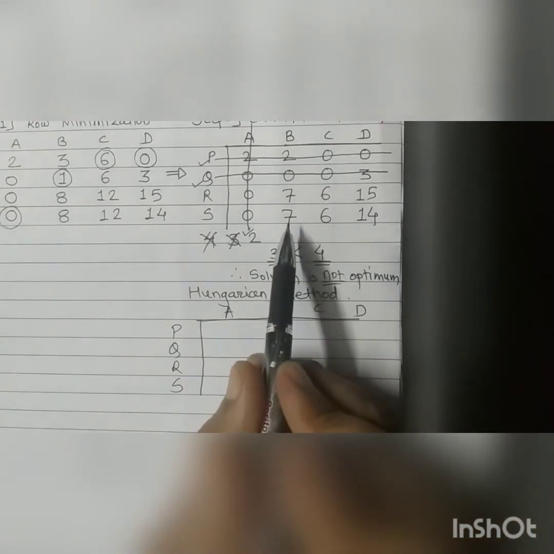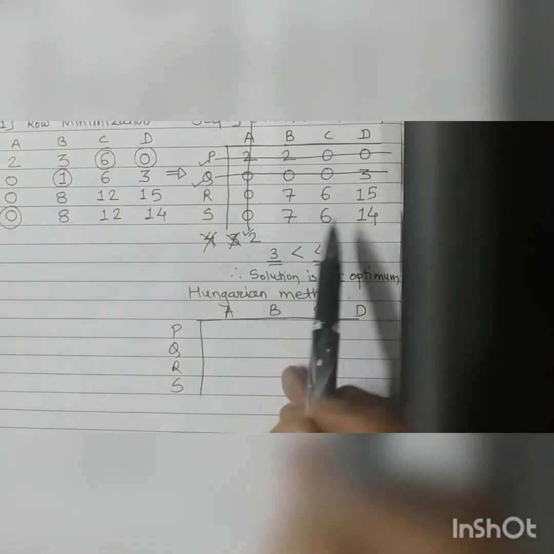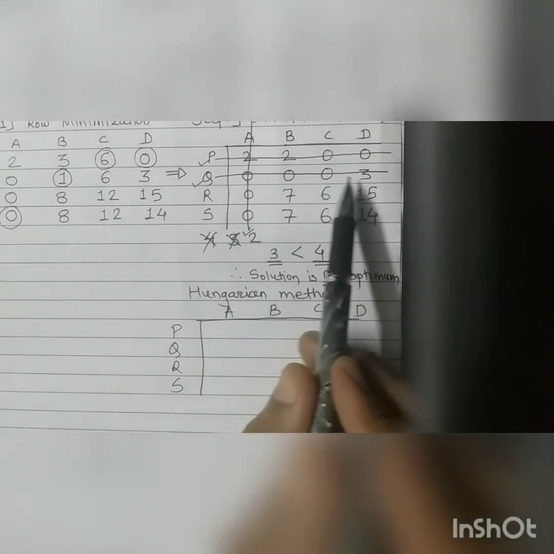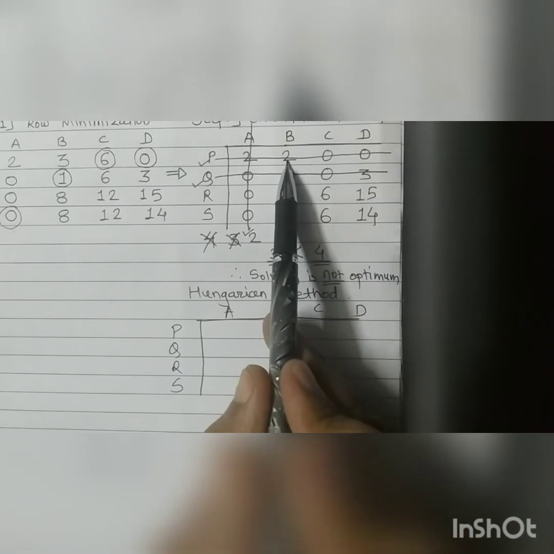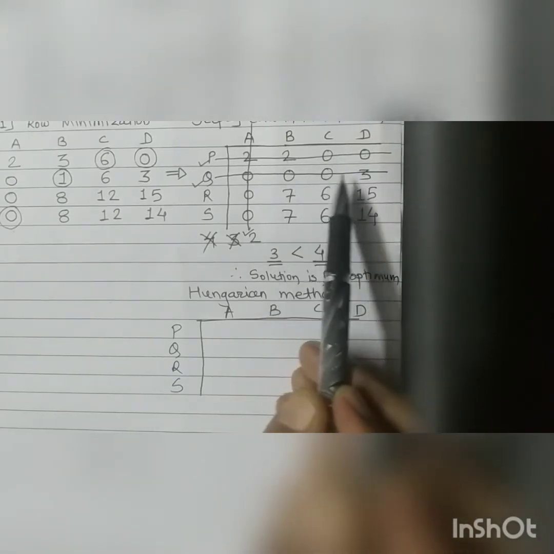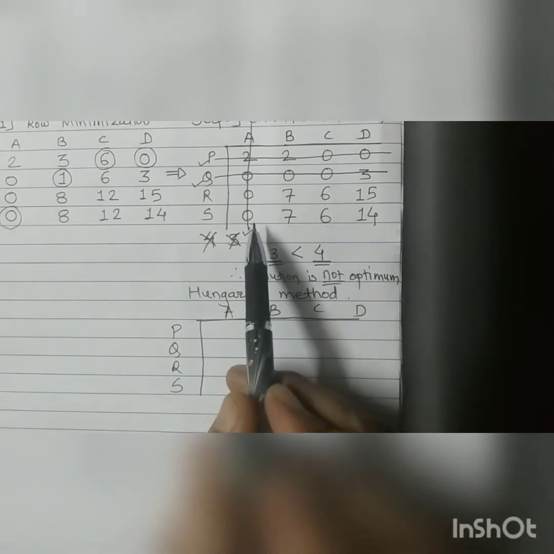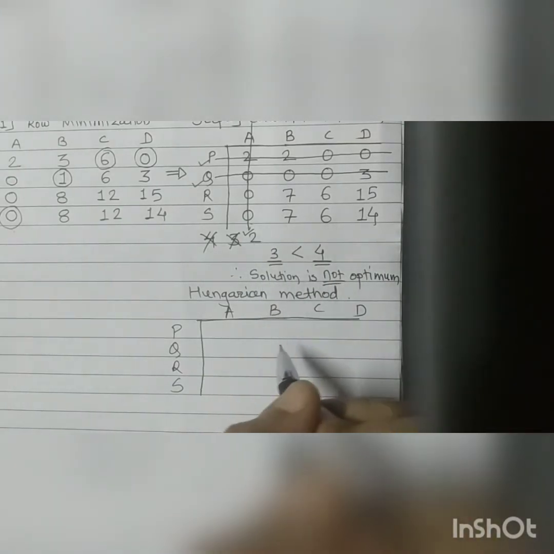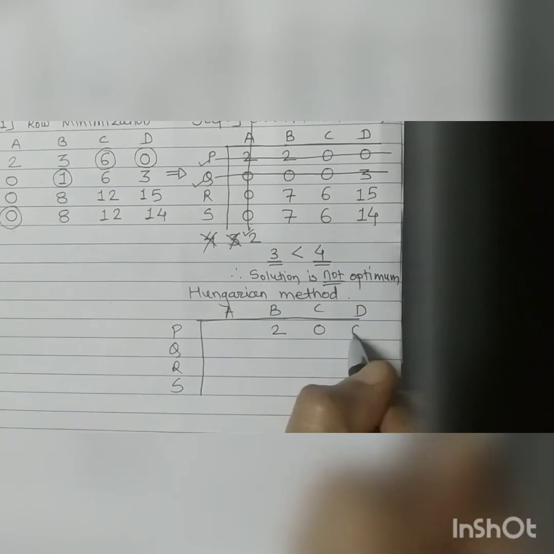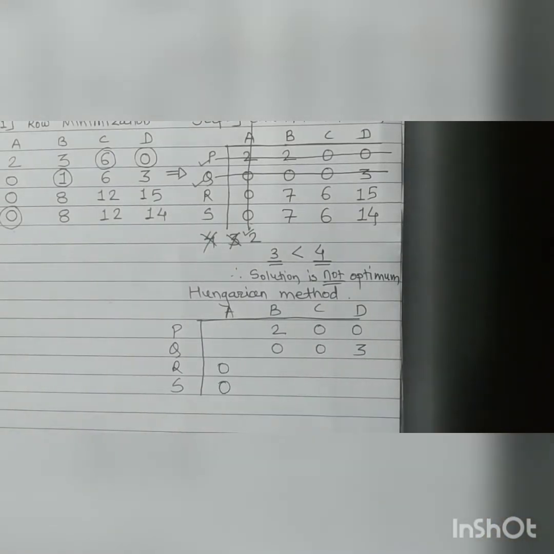Consider this matrix. There are 3 type of sets. Such type of elements which are present on only one line, that is this 2, 0, 0, 0, 0, 3, 0 and 0. These are elements which are present on only one line, right? So this is set number 1. Write down those elements as it is. So 2, 0, 0, 0, 0, 3, 0 and 0. I will write down these zeros as it is.